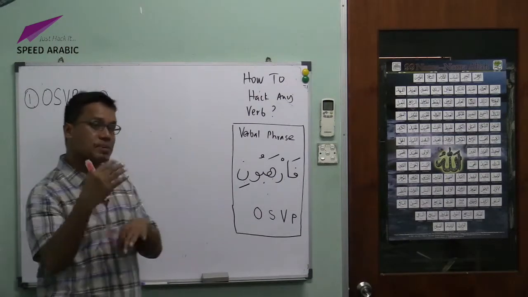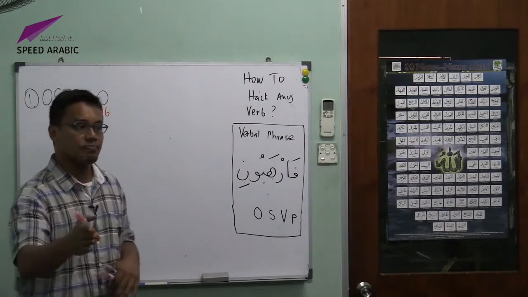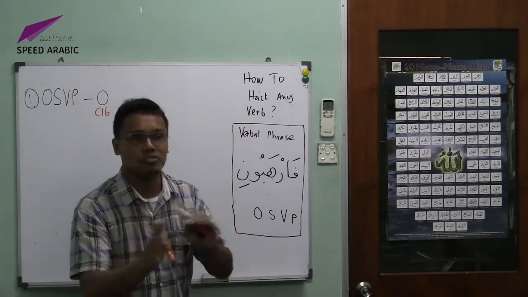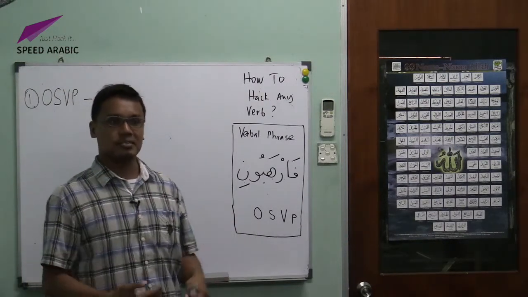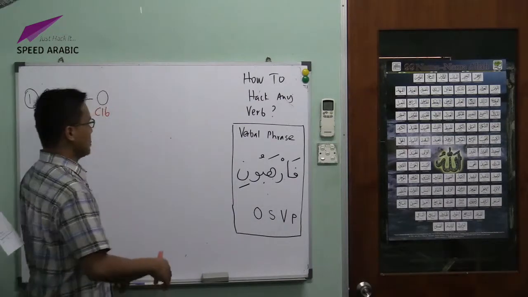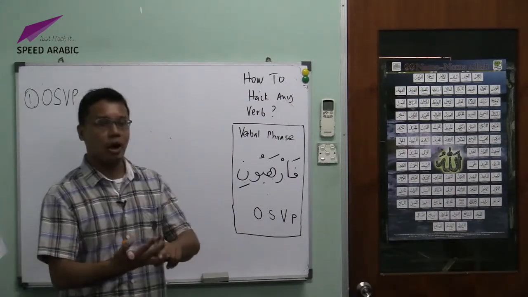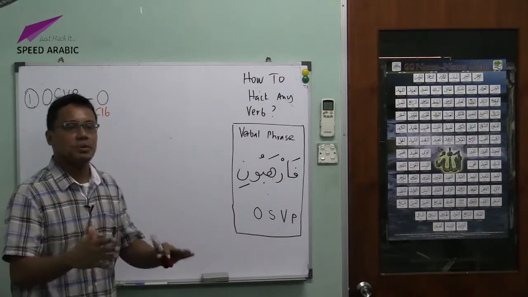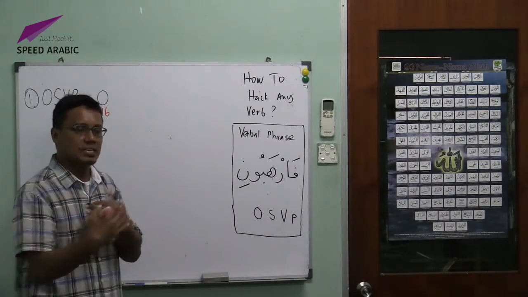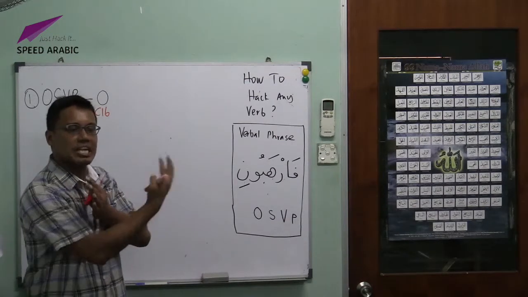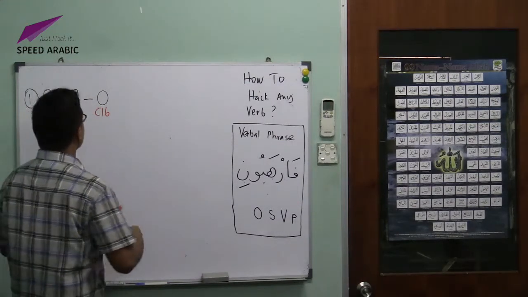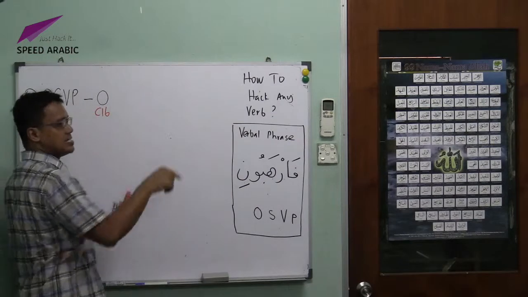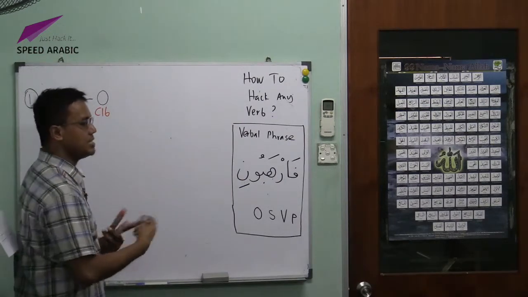When we are talking about verbal phrase, the subject and object are referring to pronouns, not nouns. Okay, this is important because sometimes subjects and objects are ordinary nouns, not pronouns. Now we are just talking about pronouns because they happen to be in the verbal phrase. They are attached together. Okay, so first you minus the O and then you minus the